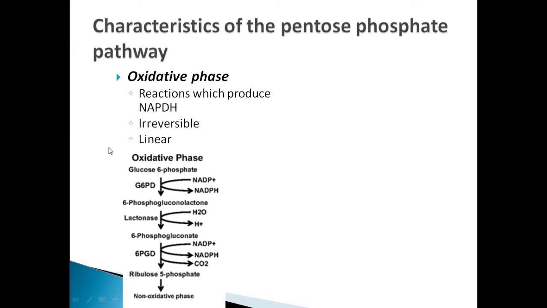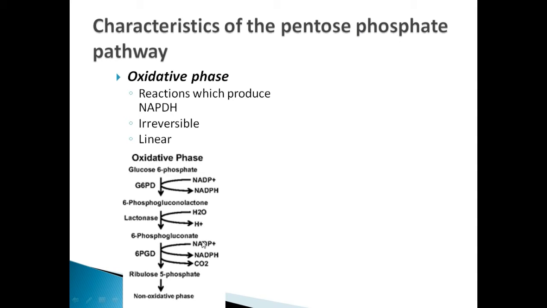So we have, of course, glucose turned into glucose 6-phosphate by hexokinase, and as we said, then it can be shunted into the pentose phosphate pathway. So glucose 6-phosphate can then be turned into 6-phosphogluconolactone, and that is the first reaction that produces an NADPH. Then we have a hydrolysis reaction by lactonase, which produces 6-phosphogluconate, and then we have a second reaction, which is